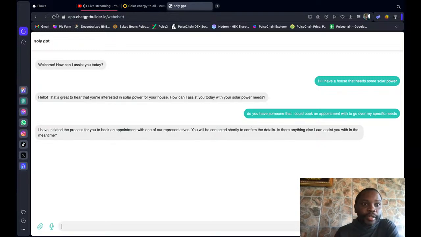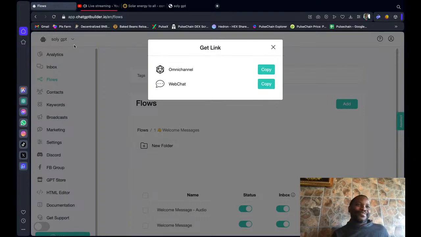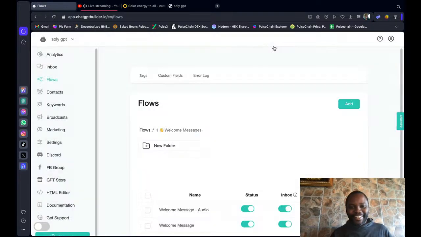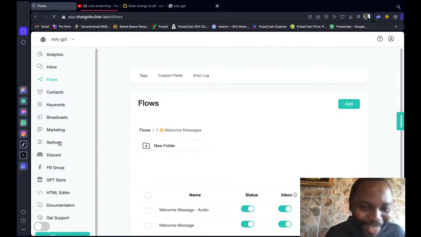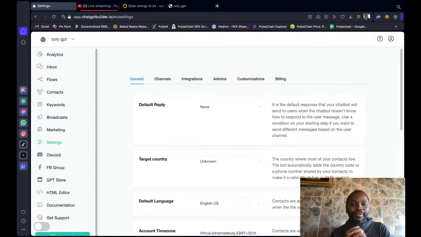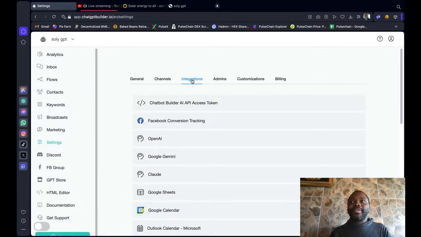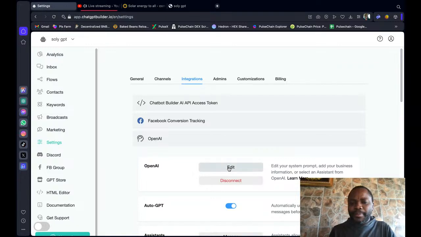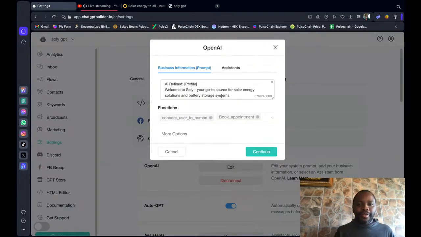For some reason, this flow. Oh, of course. Rookie mistake. Now, this is what I haven't done. I created the function and I've told the bot what to do if a person is booking an appointment. These are the things I'm supposed to do, but it doesn't know. I haven't added that to its knowledge base. It's a skill, like an ability to book appointments, but it doesn't know that it should use that yet. So when you've added the function, you're supposed to go back to